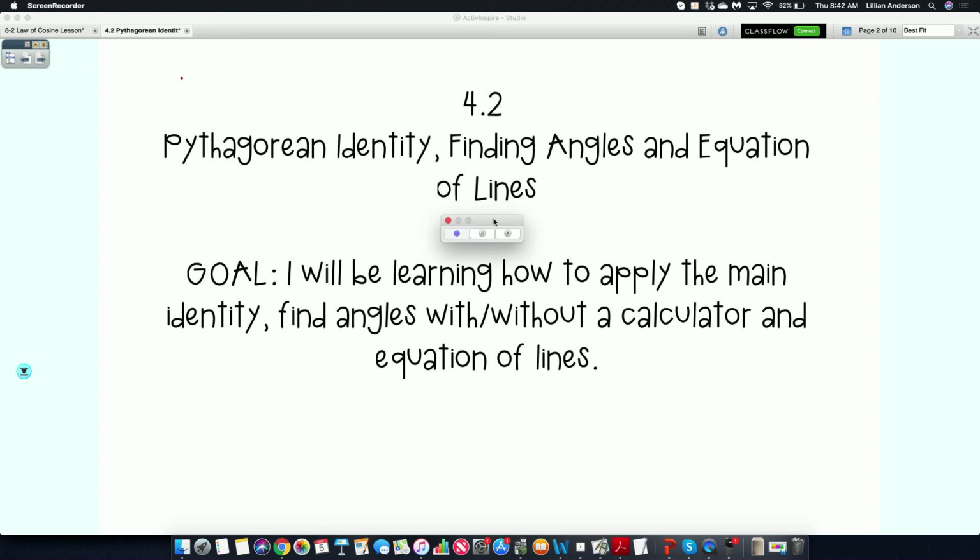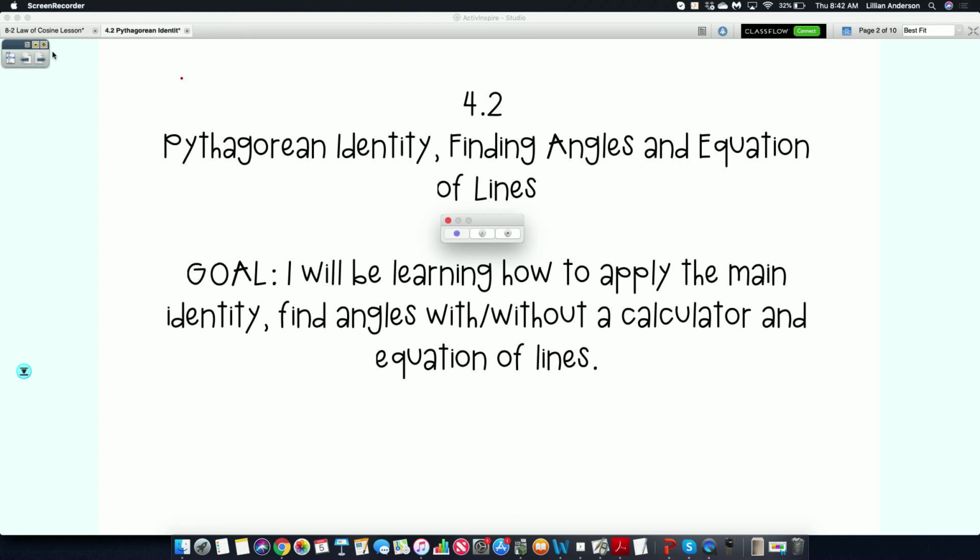This unit is going to be dealing with our Pythagorean identity, finding angles and equations of lines. Sometimes we'll use our calculator, sometimes we won't. It just kind of depends on the question and whatever we're presented with. But we're going to learn how to apply the main identity of circular functions, which is the Pythagorean identity, finding angles with and without our calculator. So again, knowledge of the unit circle is going to be crucial, and also finding the equations of lines using